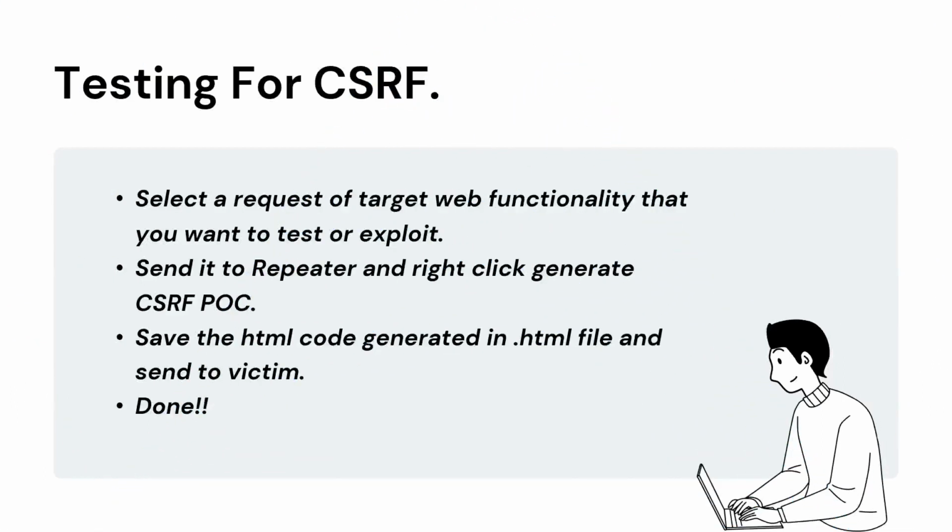Now let's see how you can test for CSRF. Here I have listed some base steps which are almost similar every time. First step, you will have to select a request from your target which you want to test, for example the change email functionality. If you have watched my previous video on how to approach a target, where we discuss making a list of functionality and what you can test there, then this step will be very easy for you and you will already have lots of functionality listed to test for CSRF. If you want to check that video, I will share the link in the description.